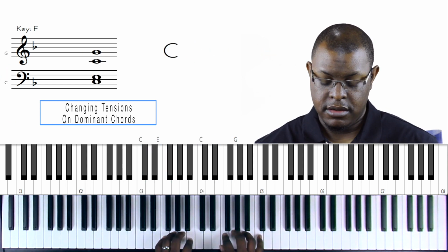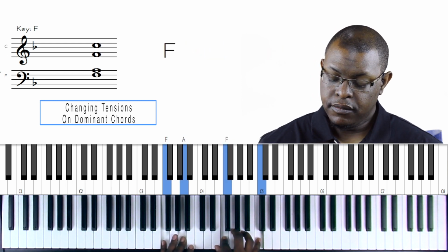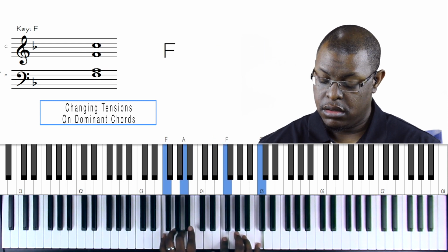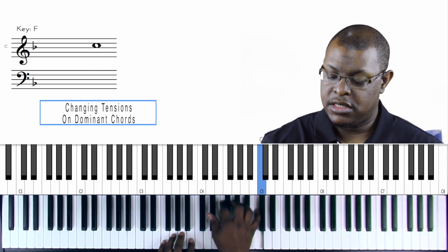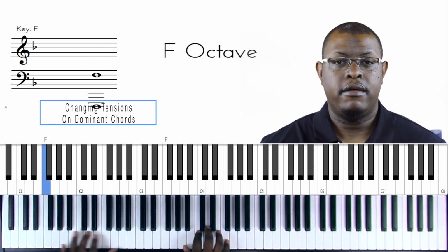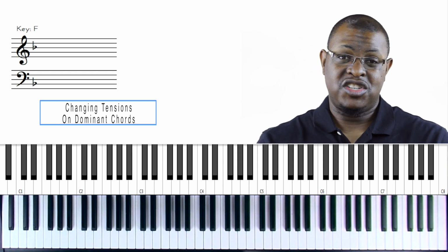Let me go back to the key, so F, the first one I showed you. Well, if we were playing F7, I would change it to be E flat, but in this case we're not. All right, so that's 2 ways over major chords and 2 ways over dominant chords that changed it